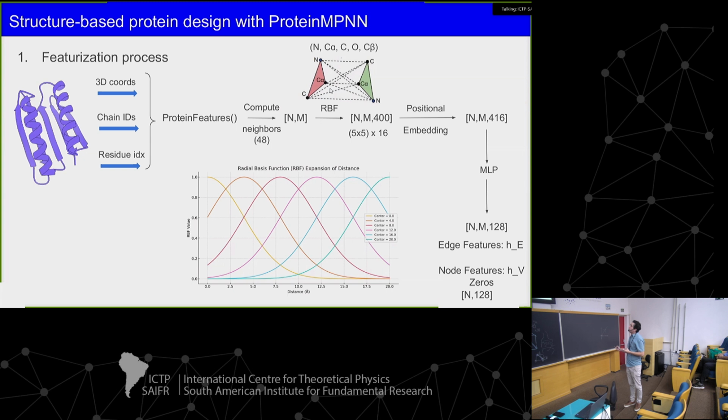It's important to know also about the position of each node in the primary sequence. So they just add also a positional encoder, a positional embedding here, to make sure that you know that, okay, this amino acid is the first position of your protein, the other the second, and so on. So now you have an array,